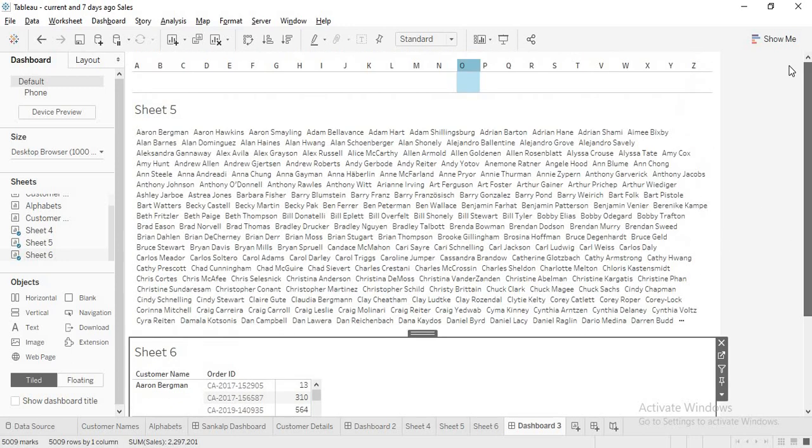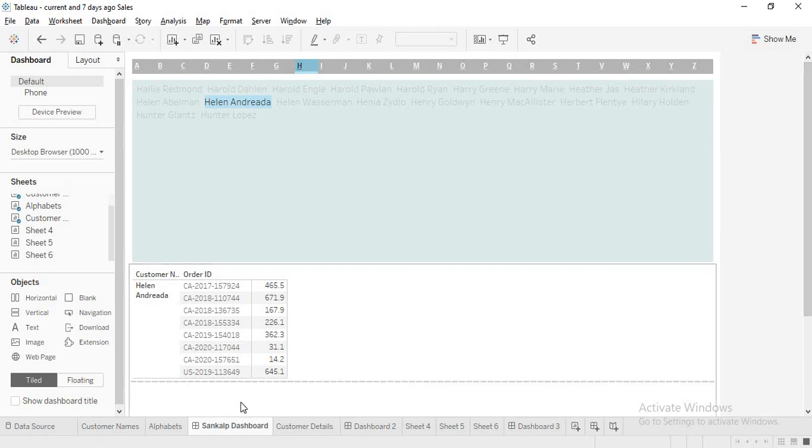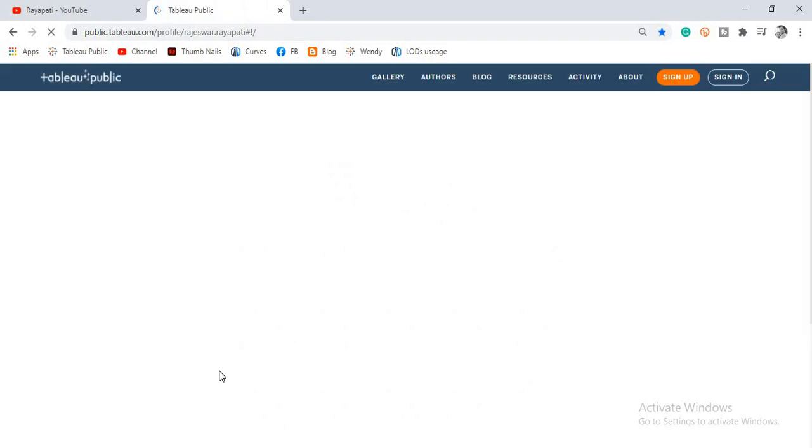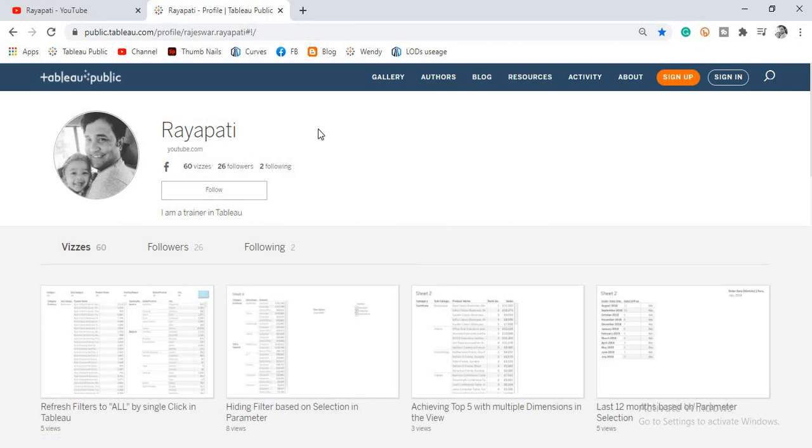Now yeah, see, I'm not going very much detailed, and I'm not going to create a beautiful dashboard. To some extent I created it here. And again guys, whatever the workbooks that you are looking at, these workbooks are present in this Tableau public profile of mine. Okay, let it open. This is my Tableau public profile, so you can find them in here if you want a hands-on on the workbooks.